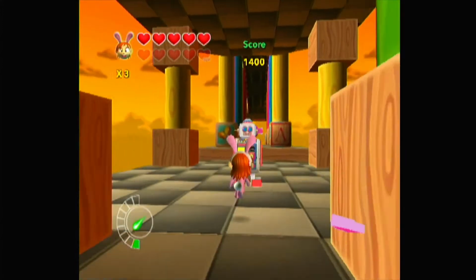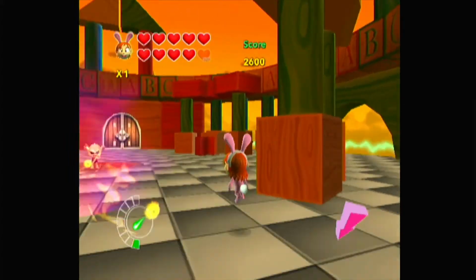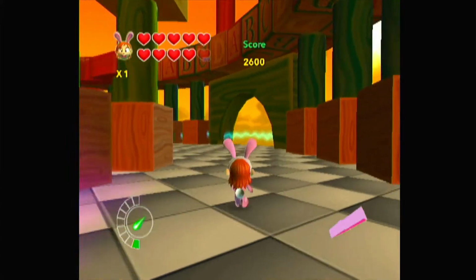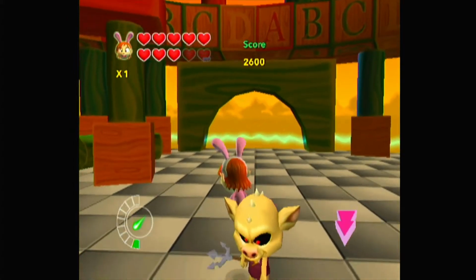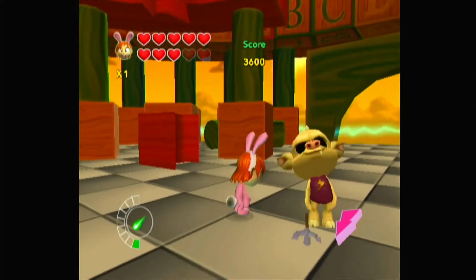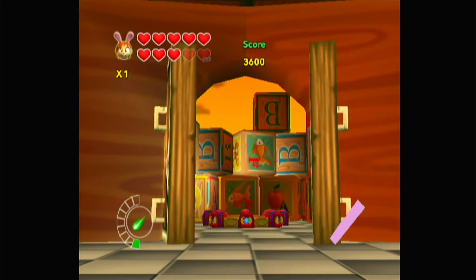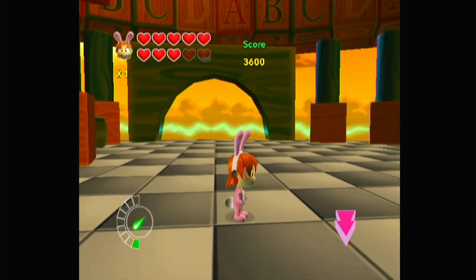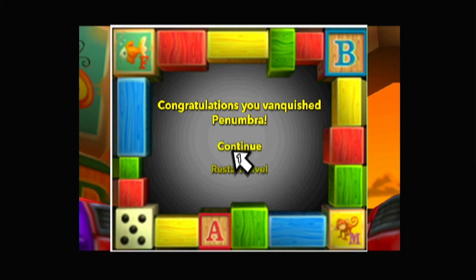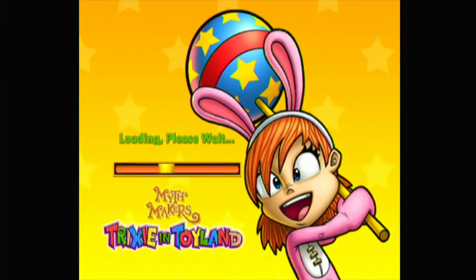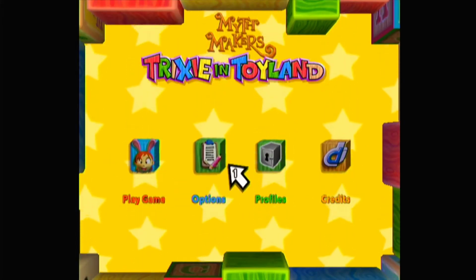The final level actually has a boss fight. Penumbra here shoots a bunch of lightning bolts, but they're pretty easy to avoid. He's also pathetic as fuck because I beat him just by jumping into him repeatedly. Wow. How anticlimactic. As in the tradition of these games, beating the last level sends you right back to the title screen. Why did I expect something different here?